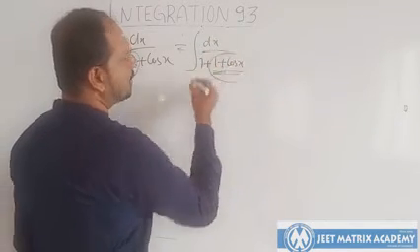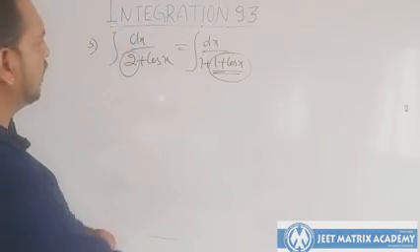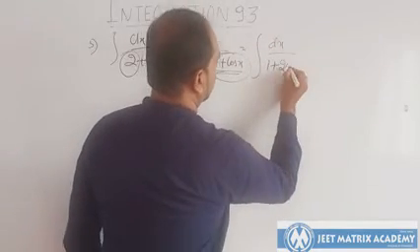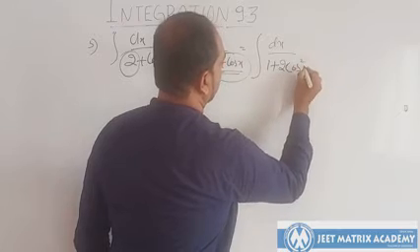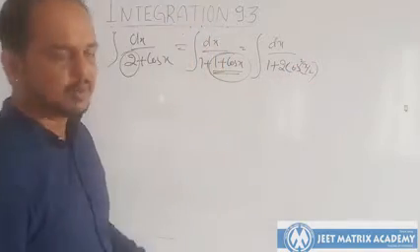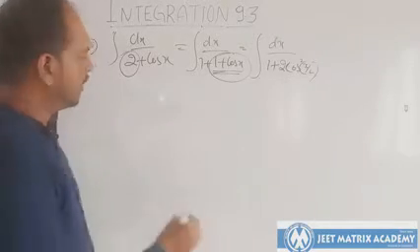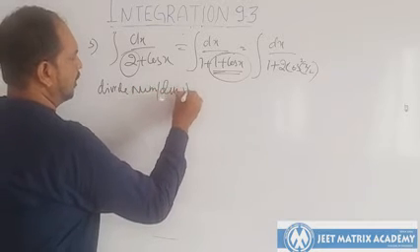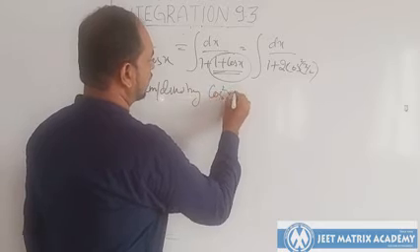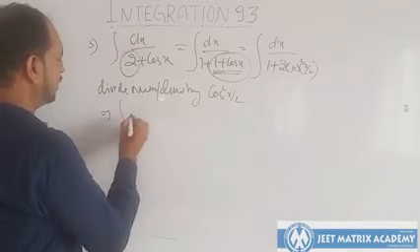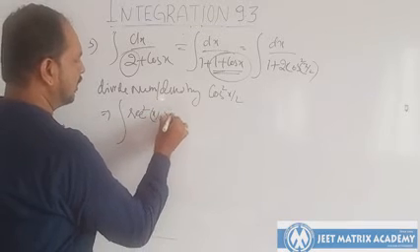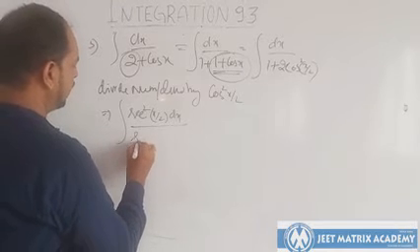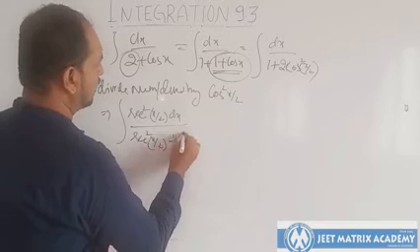What is this? You can replace it with the half angle formula. So I mean to say, integration of dx divided by 1 plus 2 cos square x by 2. Remember it? Now divide numerator and denominator by cos square x by 2. What happens in the numerator? So it will be sec square x by 2 dx divided by, in the denominator it will be sec square x by 2 plus 2.